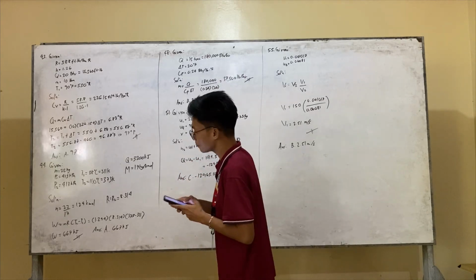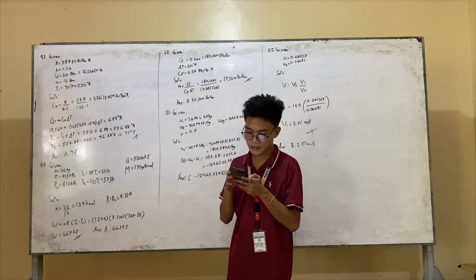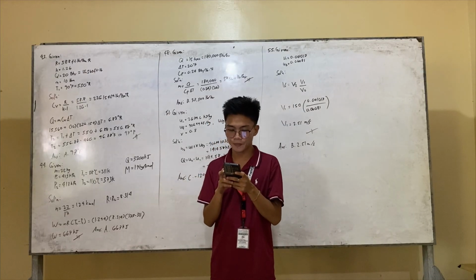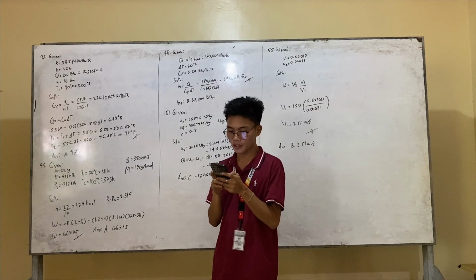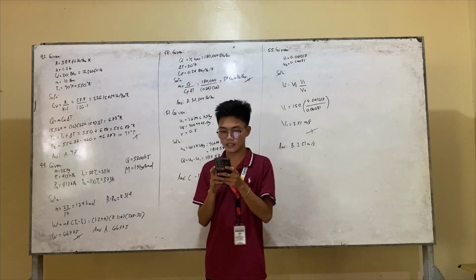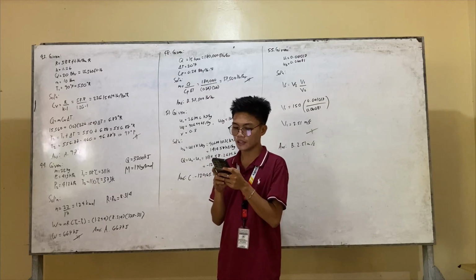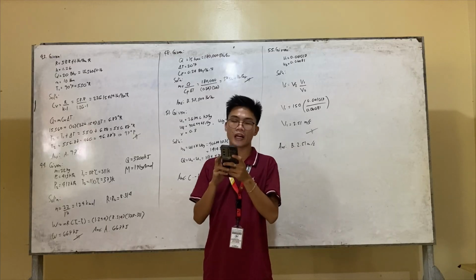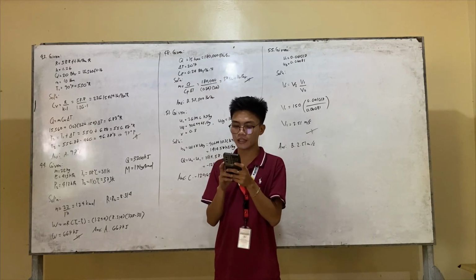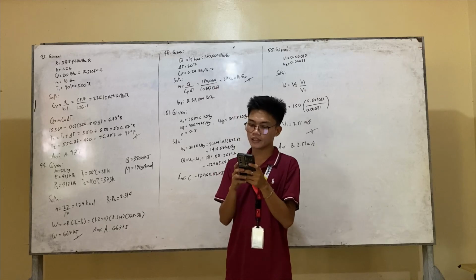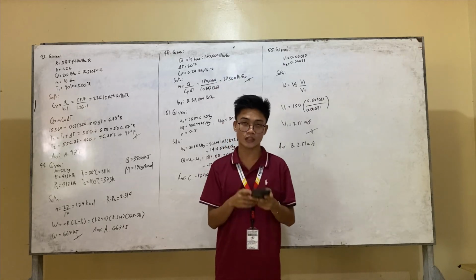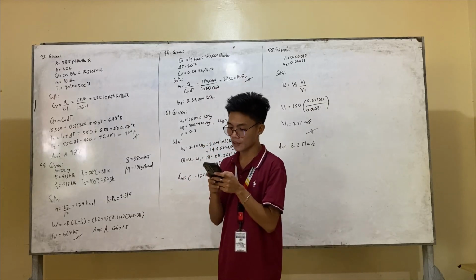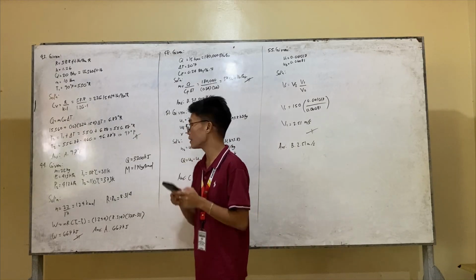So next is problem number 44. The problem is: ammonia weighing 22 kilograms is confined inside a cylinder equipped with a piston and has an initial pressure of 413 kPa at 38 degrees Celsius. If 3,200 kilojoules of heat is added to the ammonia until its final pressure and temperature are 413 kPa and 100 degrees Celsius, respectively, what is the amount of work done by the fluid in kilojoules? The choices are A, 667, B, 304, C, 420, and D, 502.